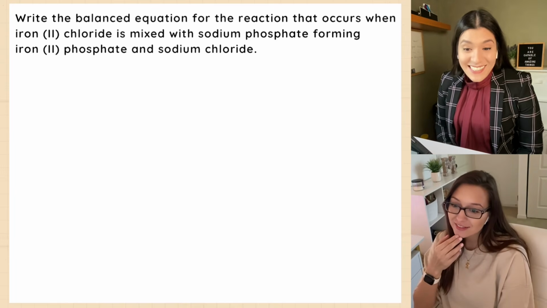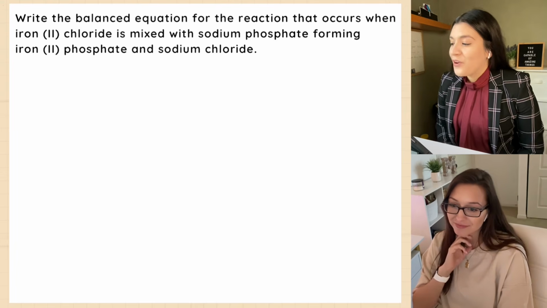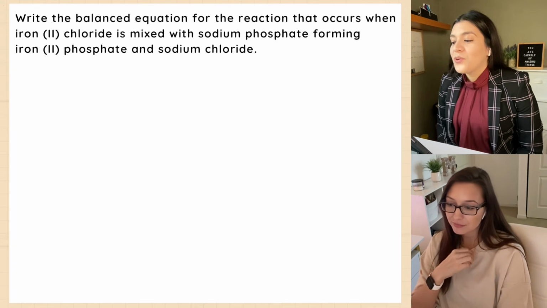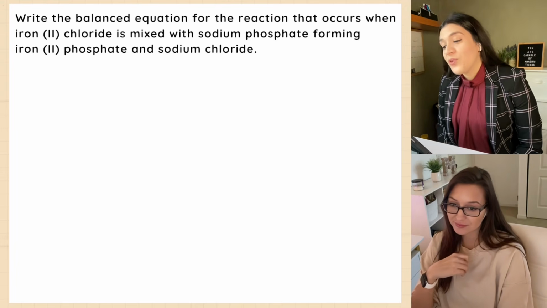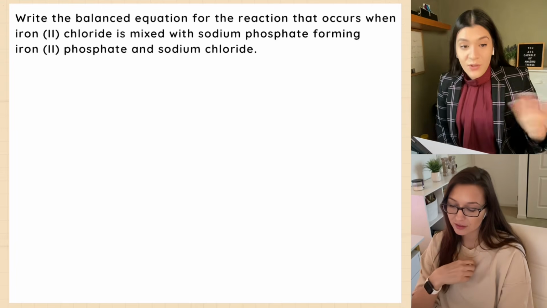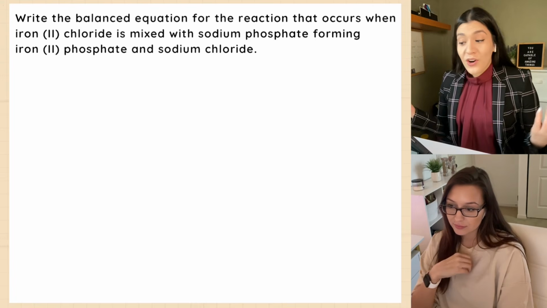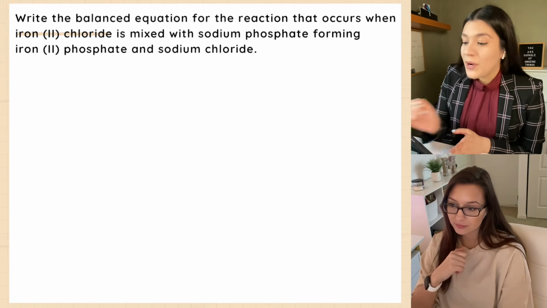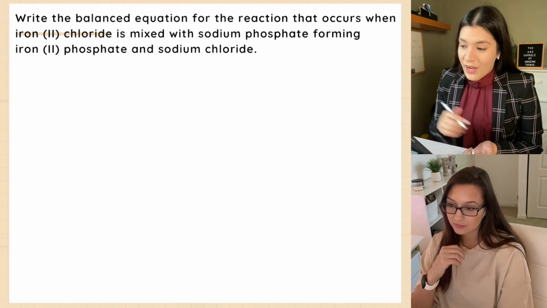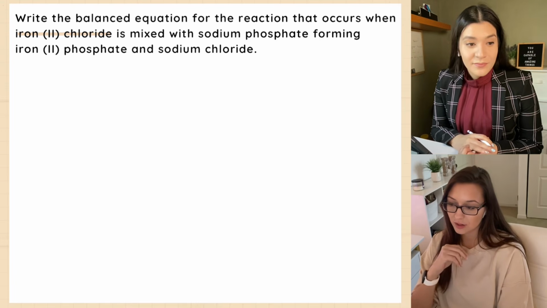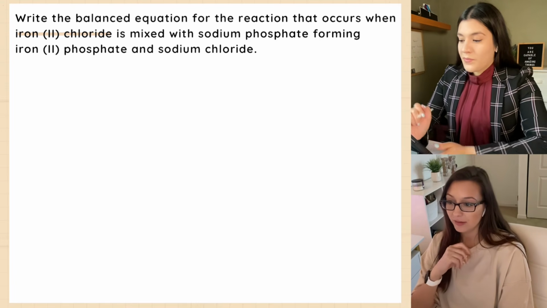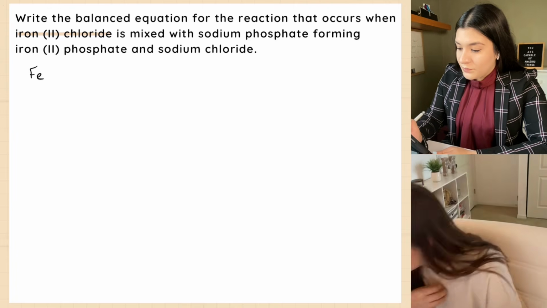All right, so this question is asking us to write the balanced equation for the reaction that occurs when iron 2 chloride is mixed with sodium phosphate, forming iron 2 phosphate and sodium chloride. So we need to go back to naming compounds. Let's start off with how we would write the chemical formula for iron 2 chloride. Go for it. Okay, so we would write Fe for iron, and